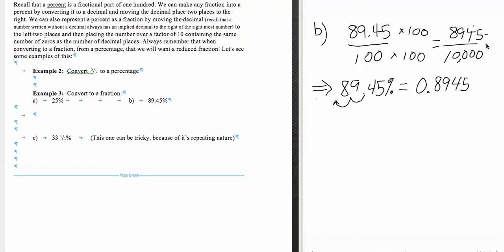I see that they're both divisible by 5, so I'm going to take a 5 out of both of them, and then from there I'd see, can I get down any further? So we have 5 goes into 8 one time with 3 left over, 7 times with 4 left over, 8 times with 4 left over, and then we have 9, and then 5 will go into 10 2 times, 5 will go into 0 0 times. And then I want to see if there's anything in common. Well, this obviously is made up of 2's and 5's. This is not